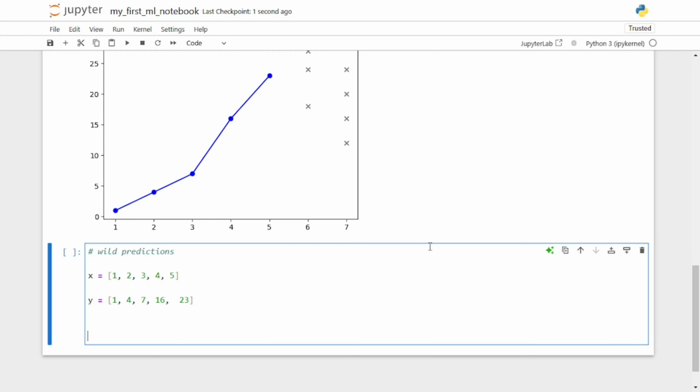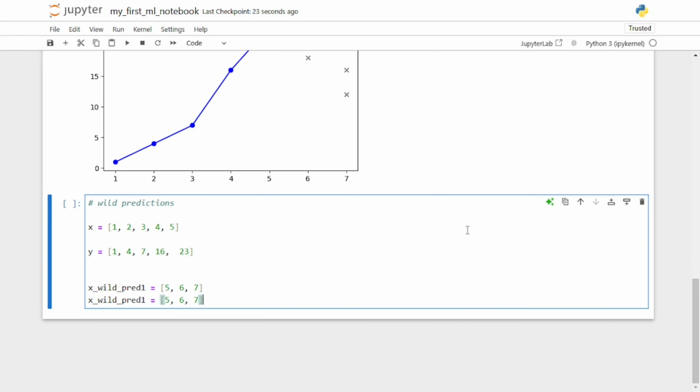And then I'm going to call, let's say, x underscore wild prediction, pred1 as an example, and I will plot the values of x equal to 5, 6, 7. We know the actual value for 5, and for 6 and 7 I'm going to make some predictions. Let's copy this and paste this, and let's call it y prediction. For the value of 5, we know that the actual value is 23. For 6, let's put a squared value, 36,